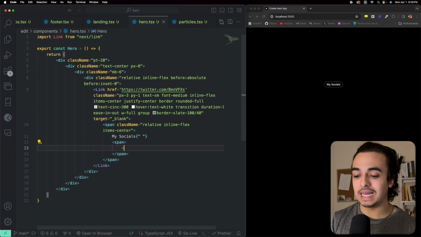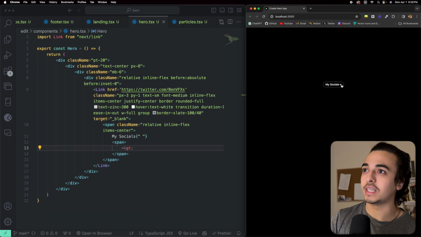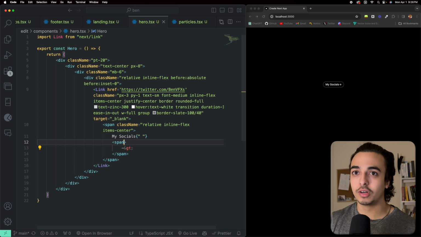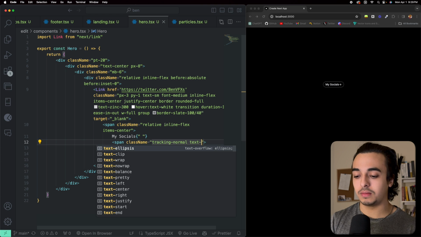And in here, we're going to write dash at GT. And this is just the arrow. So oops, just like this. This is an arrow for this over here. And what we want is for this arrow to move when we hover over it. And to do that, all we need to do is write tracking normal, text primary